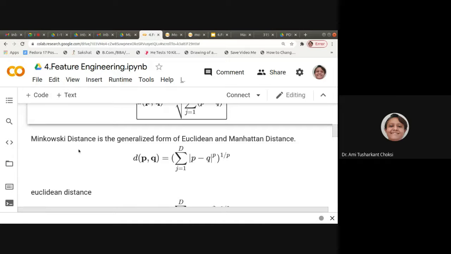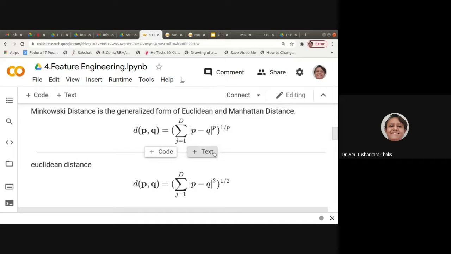Minkowski distance is the generalized form of the Euclidean and Manhattan distance. That is known to us. For Manhattan distance we used to say the modulus of P minus Q, isn't it?